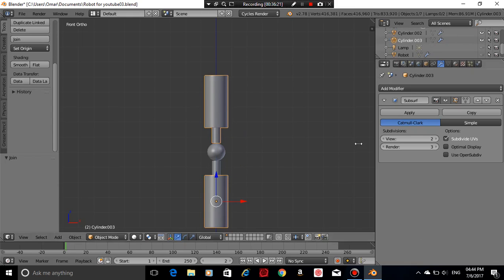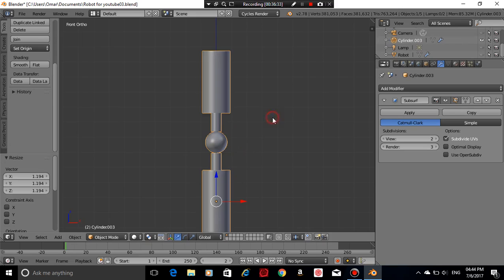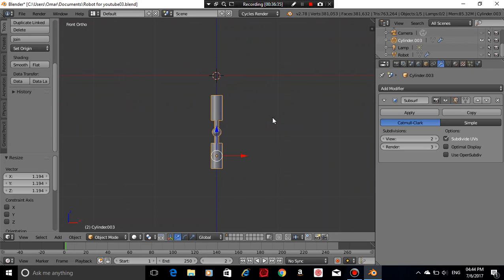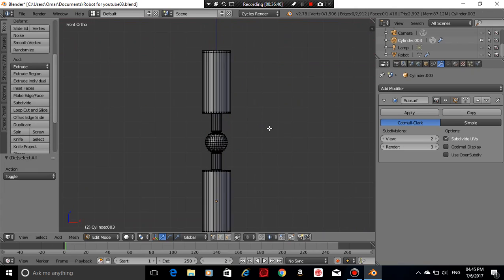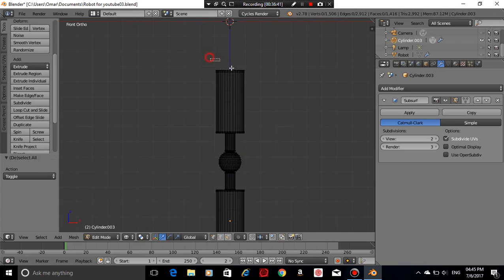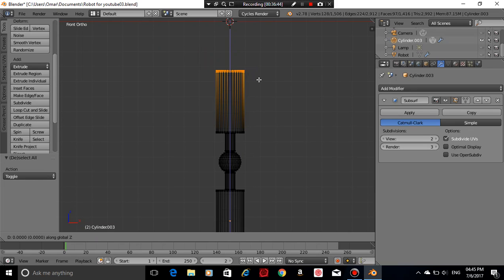Like so. This one with this one. Control J. Okay, this one with this one. Control J. This one with that one. Control J. Now we've made a leg. Ta-da! That is our leg. You can say this is our leg. And we can increase its size from there. You can say GZ